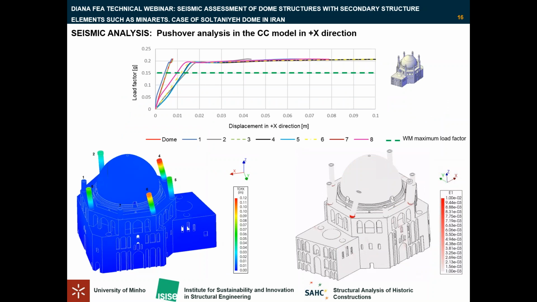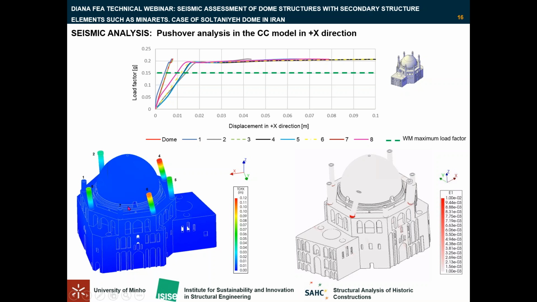And finally, the current configuration of the structure. The objective of this analysis is to assess the seismic behavior of the mausoleum in its current configuration to the fullest extent possible, although we had limited information to include in the model. Regarding the interventions that have been performed in the mausoleum, as I said before, a reinforced concrete ring was built below the base of the dome, somewhere here, but we don't know exactly where the place of that intervention is.